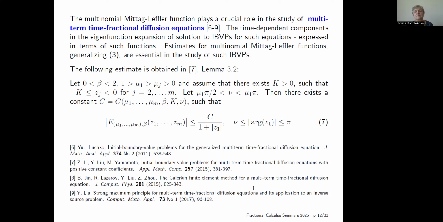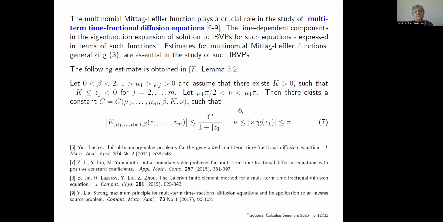That's why estimates for the multinomial Mittag-Leffler functions that generalize estimate 3 are essential in the study of such problems. And for the first time, such an estimate is given in the paper of Yamamoto and co-authors 7,